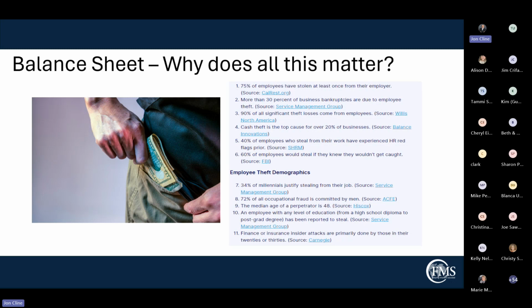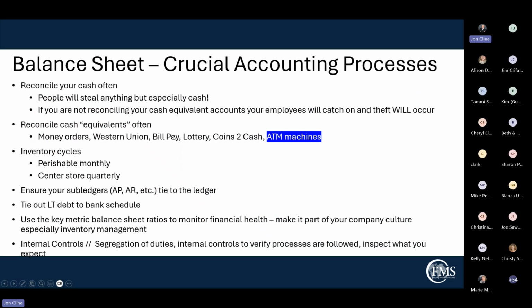There are things you can do, which is where I'm leading with all this. There are things you can do to dissuade it, to prevent it, and to catch it, right? As I said earlier, people will steal anything. You leave it lying around, they'll steal it. But what they really want to steal is cash, right? So if you are not reconciling your cash equivalents, by that I mean your actual cash, your cash in bank, your cash on hand,